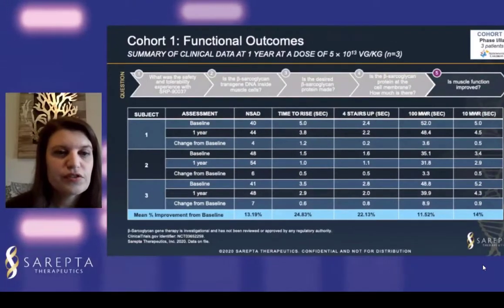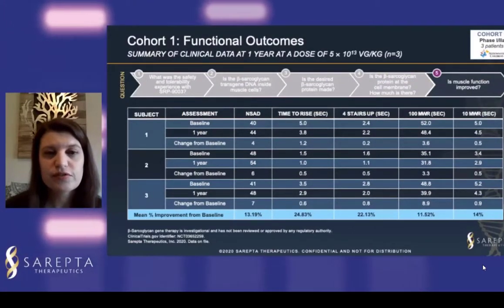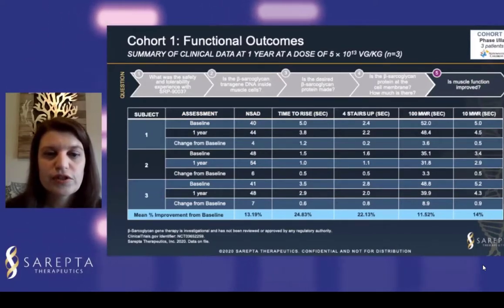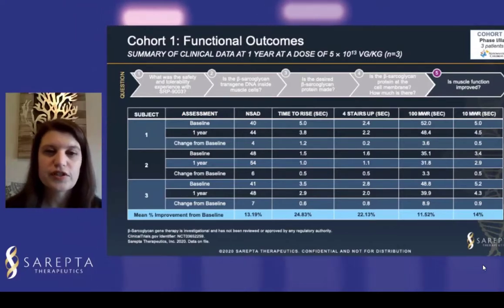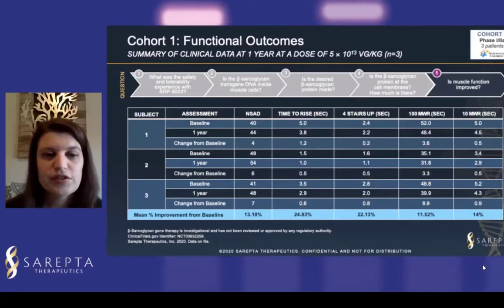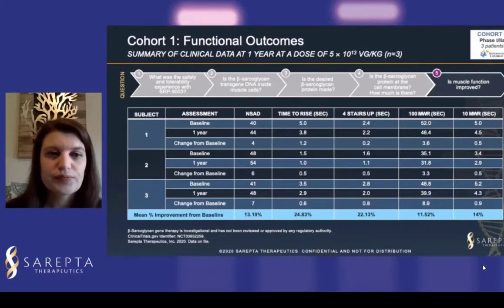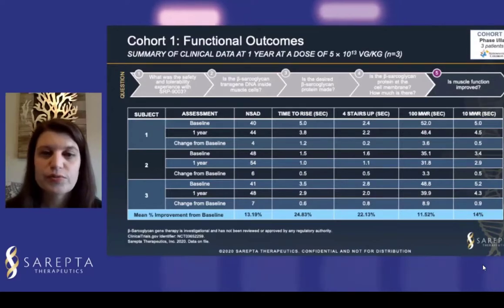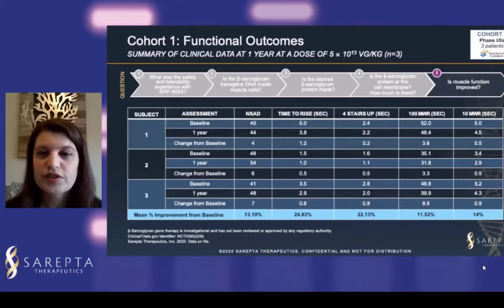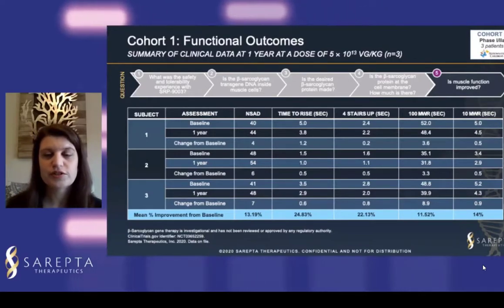These are the results of the NSAD, as well as other functional outcome measures across our first 3 patients in cohort 1, our low-dose cohort. And what you can appreciate here is that there's an improvement from baseline in every single functional measure in all of the patients. So we've already shown, as NSAD, we see a mean of 13% increase over the year. Whereas in time to rise and 4 stairs up, we see a 24 and 22% increase respectively. And then in the timed tests, we see 11% and 14% in the 100-meter walk test and 10-meter walk test,